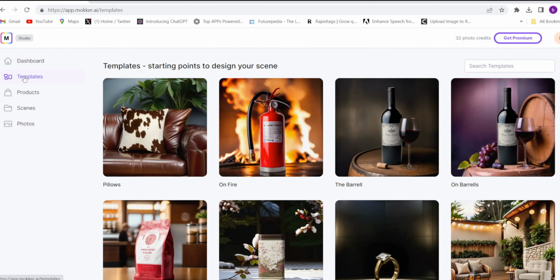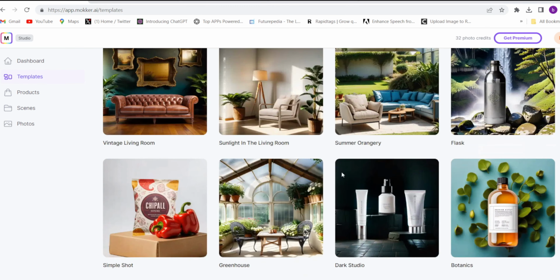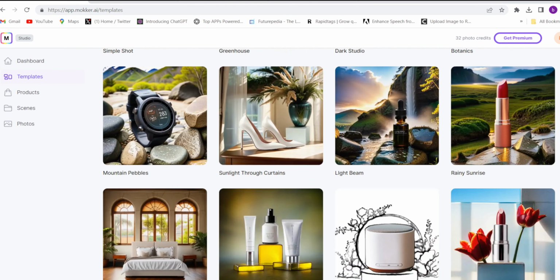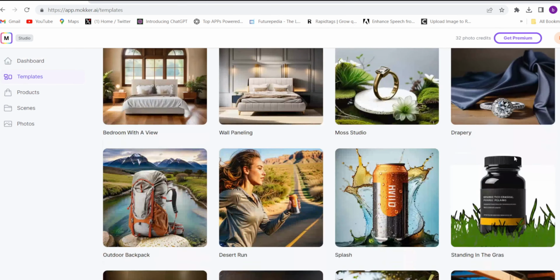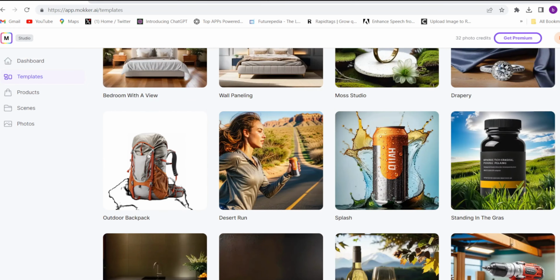and click on template, and there are so many templates, so you'll have to choose the template as per your need and as per your like. So I'll choose this one, outdoor backpack. Click on that,